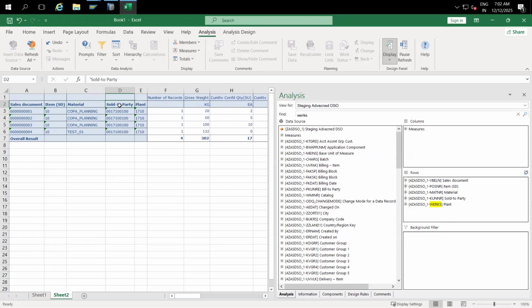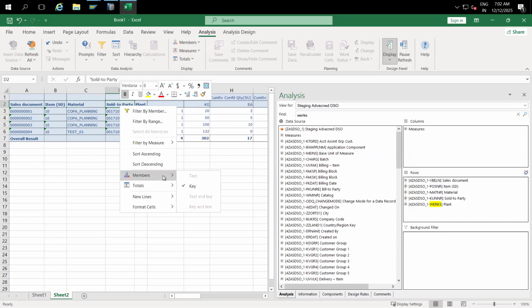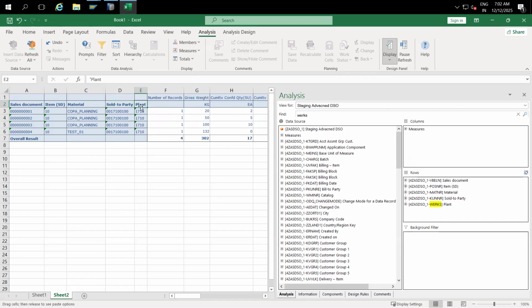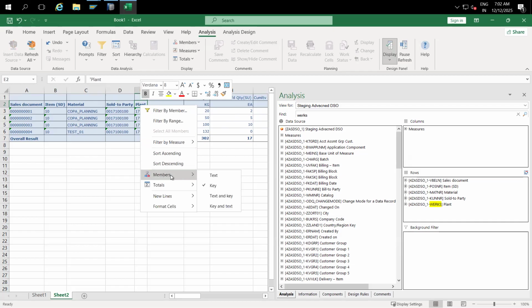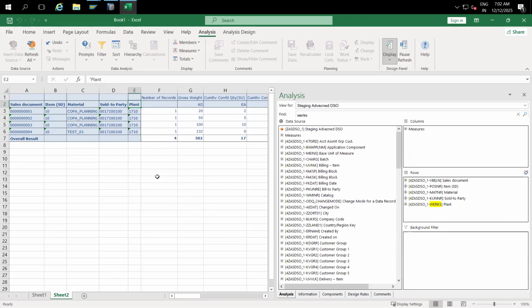And if we have any customer settings, you can see only the key. I don't want to show you all these things, the measures. I want to keep only